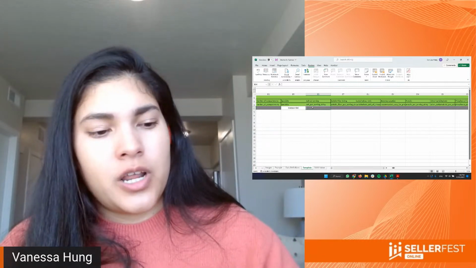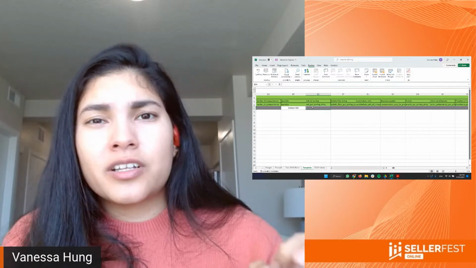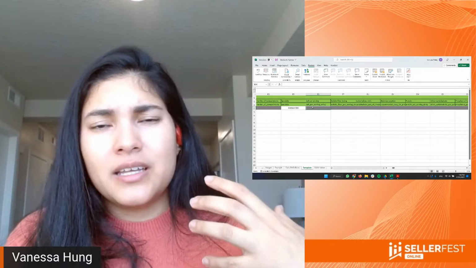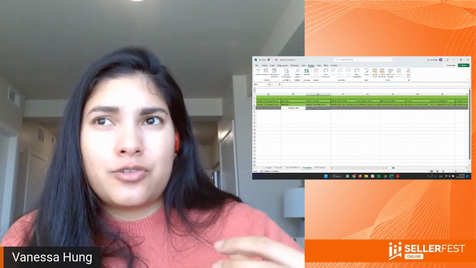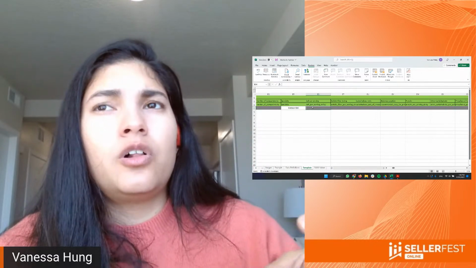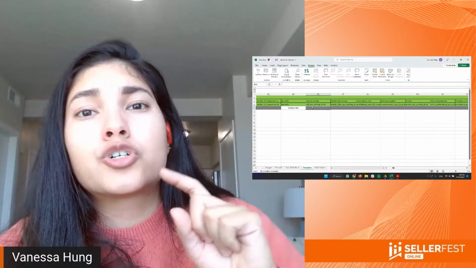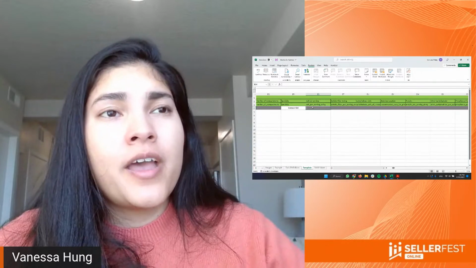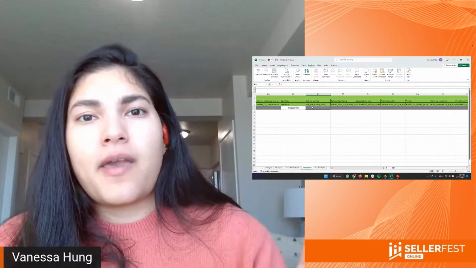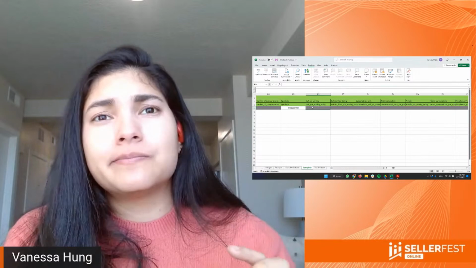Then the other option is that it will take information in the backend, so that attribute or that specific keyword will help me in the indexation part, but that won't show in the front end. And these are my favorite type of attributes. Why?